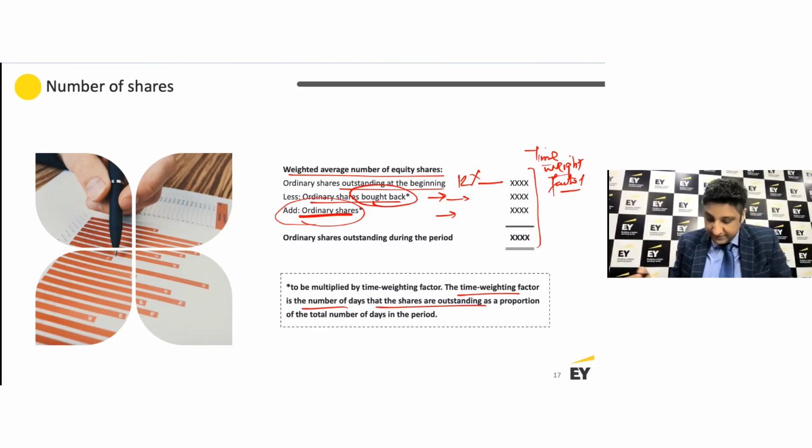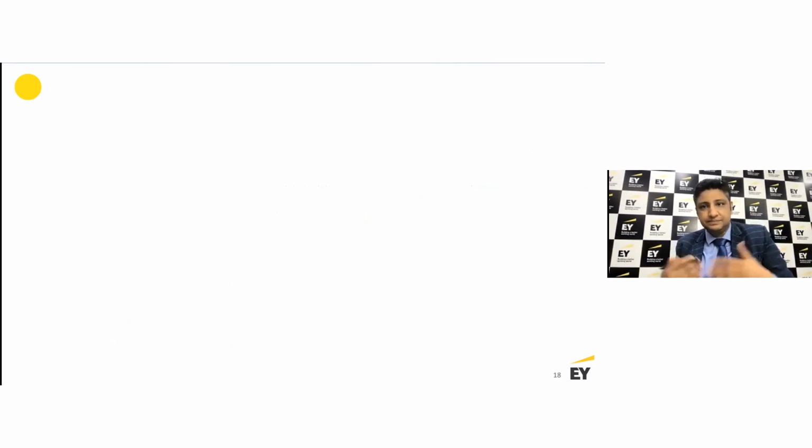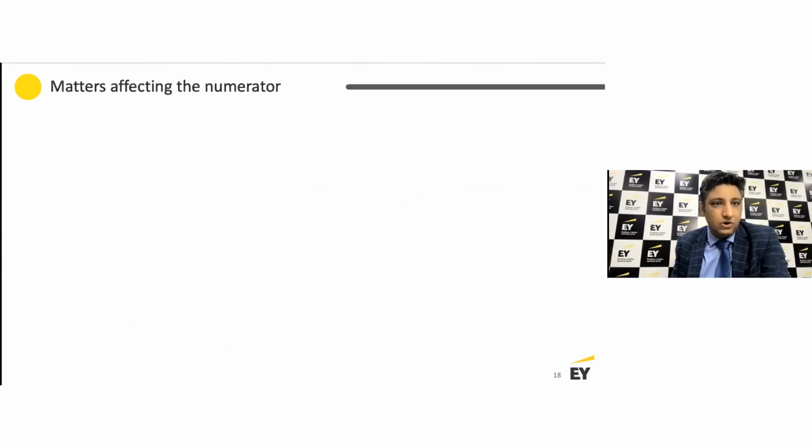This could be, for example, on the basis of number of days. It could be on the basis of number of months or weeks. So those kinds of averaging are permitted by the standard in general. In your examination, you might observe, for example, whether your standard says at the start of a month or at the end of the month, etc. So be very, very careful about the dates, right? Otherwise, the calculations can go wrong also.